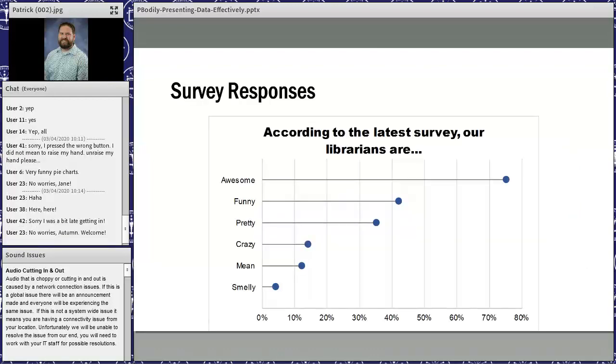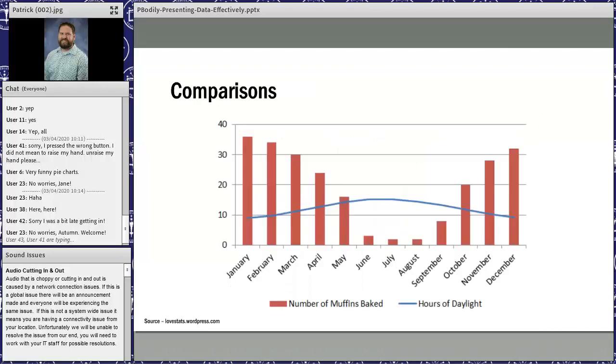If you're trying to go through survey responses, you could use a bar or a column chart or what's called a lollipop graph, which again is just a bar chart that is a line with a circle on it instead of being a solid bar. So it's just a way of formatting it so it looks different and people think you're awesome. All of these charts are free and easy, and if you do have Excel or even Sheets from Google, then they are defaults. You can just click, hey, I want it to be done this way.